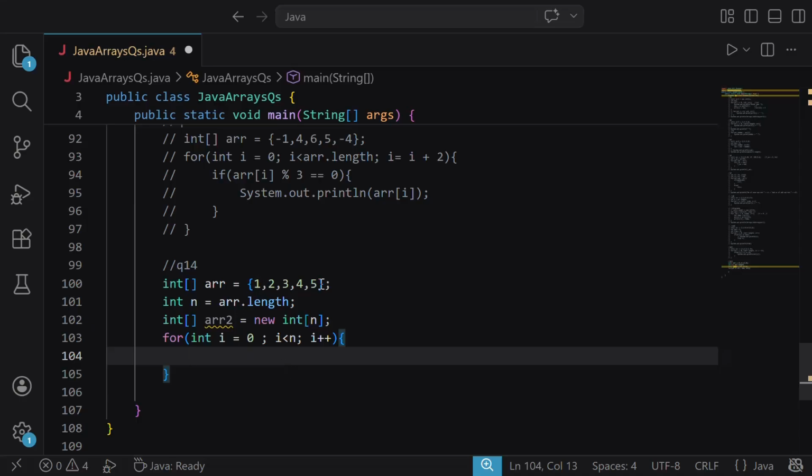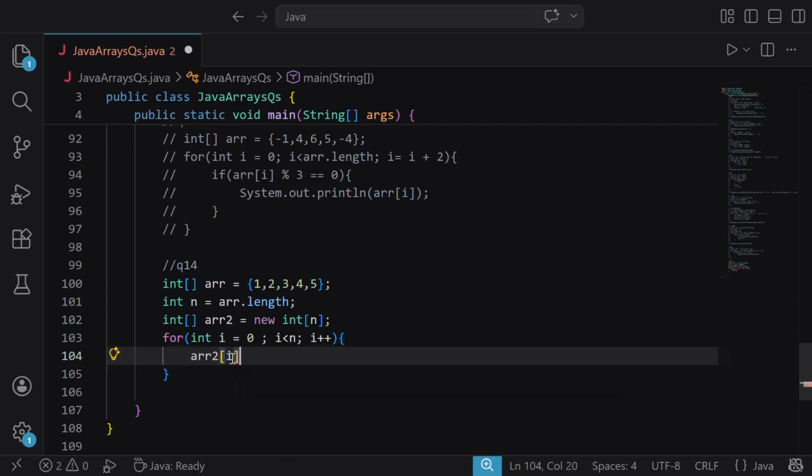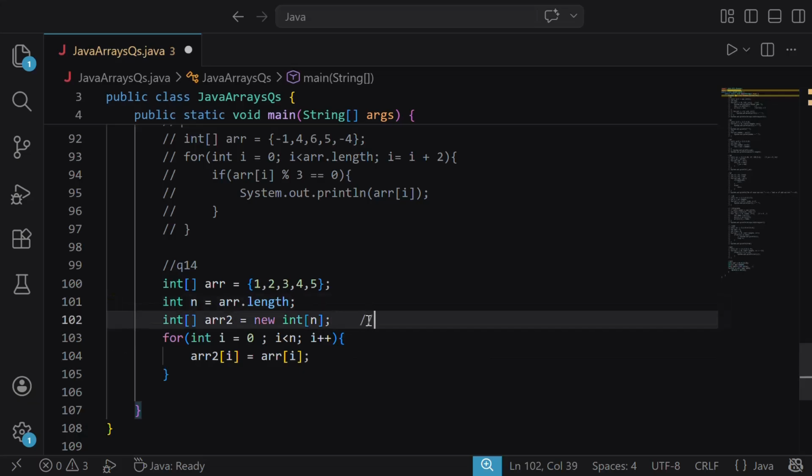That is all the elements from 1 to 5 in this. And we have to set those elements as the elements of this array ARR2. For that, we'll write ARR2 with index I is equal to ARR with index I. So that means the ARR2, for example, if we see here, is equal to 0, 0, 0, 0, like this. When we'll say to set with index I is 0 first, so this element will be